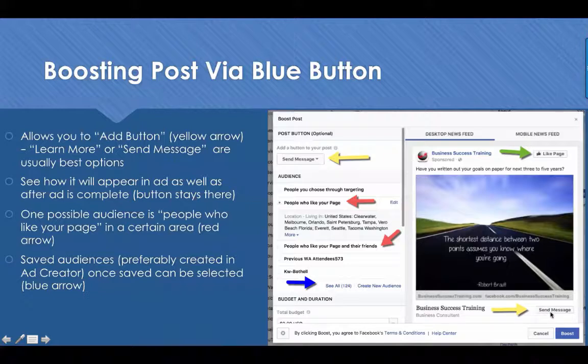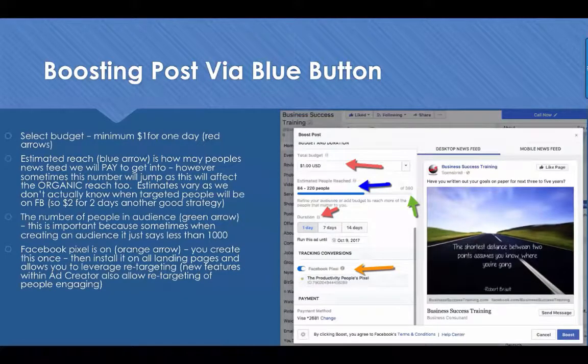if you start with the boost, you're going to go ahead and get that button. Easy audience to go to as you get more likes, people that like your page or people that like your page and their friends. Maybe it's geo-targeted, maybe it's not. And then as you add the blue arrow, you'll have the option to use the drop down. So boosting post is getting better and better, but you need to do a few other things first, like get likes and create saved audiences.